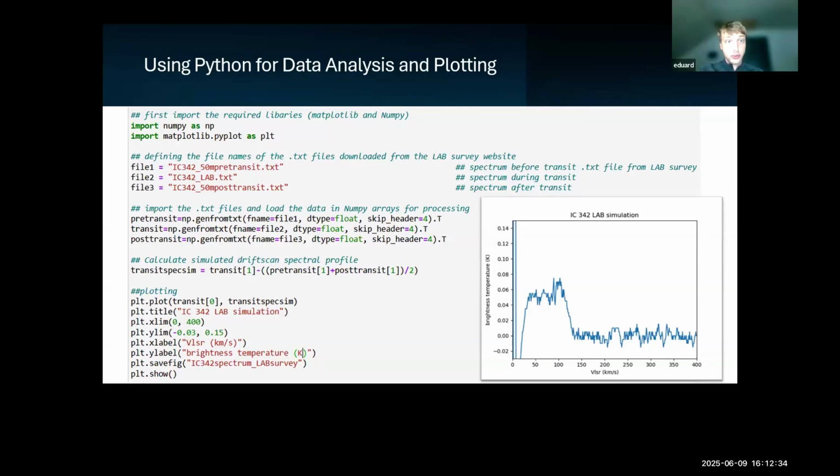And then I use the numpy np.genfromtxt function to import the data from these text files and write it into NumPy arrays, so I can do some numerical processing on it. And then the actual calculation is just really simple. It's just as Jason explained, same thing that you would do in an observation. So you average together the pre-transit and the after-transit spectrum, and you subtract that from the